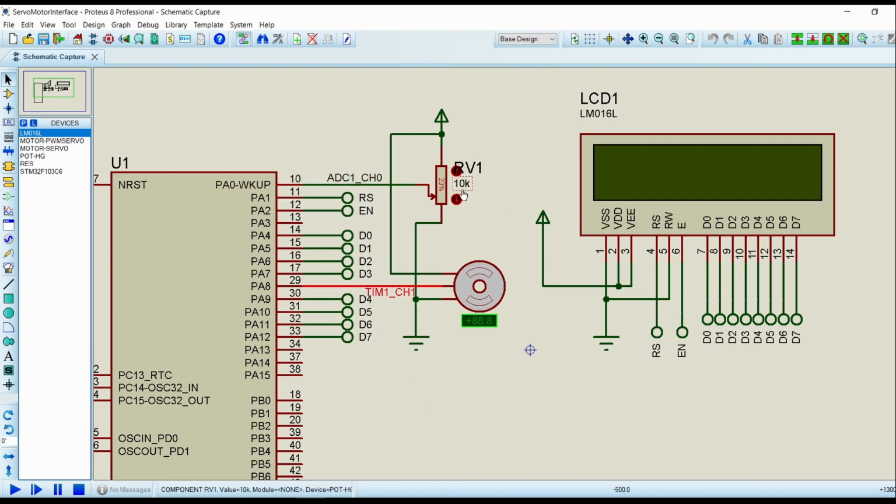Now we have taken one potentiometer of 10K and we have connected its variable output to the ADC channel input. One end of the potentiometer is connected to power, that is VCC, and another end is connected to ground. So it is making one voltage divider network. So what we are doing here is, as we change the voltage divider network, the servo motor is aligned to a specific angle. Let's go into our code.